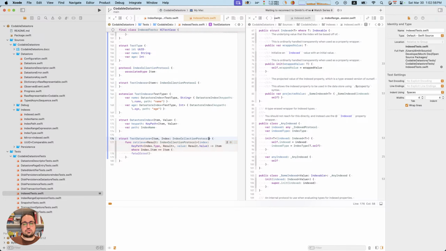The index type has to conform to that protocol, so that way we can say index.item equals item. Okay.